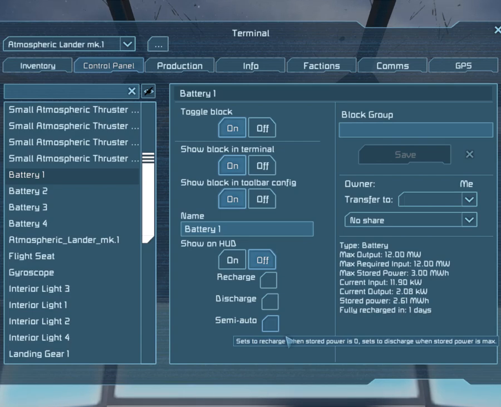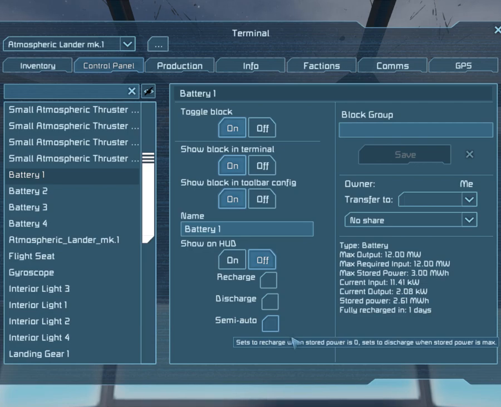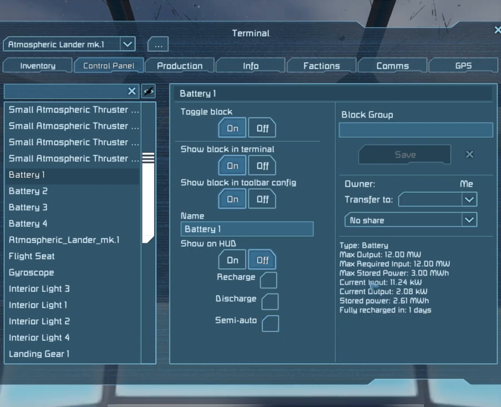So what this will do is if there's too much power being produced, it will take the excess power and store it into the batteries. If there's not enough power, like at night, then the batteries will be used for powering the systems. It will always use the power from the batteries last. So it goes for the